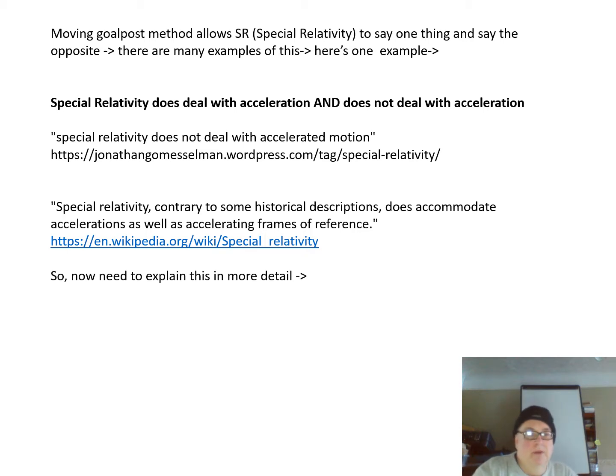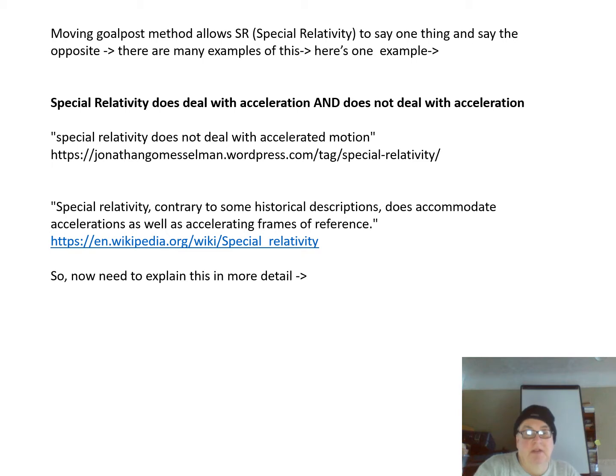There's a claim by some people that special relativity does deal with acceleration, and there's a claim by other people that special relativity does not deal with acceleration. So special relativity is making both claims: special relativity does deal with acceleration, and special relativity does not deal with acceleration. So I've got from this website of a blog, a person who says special relativity does not deal